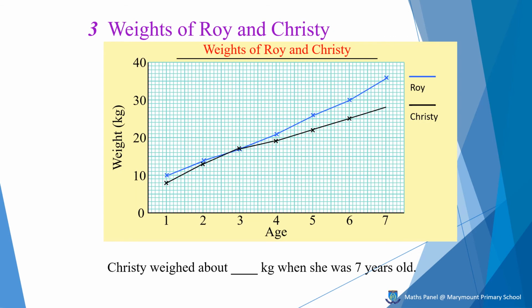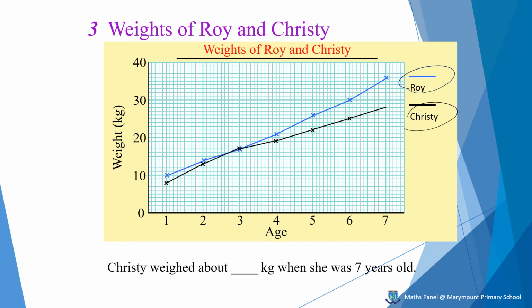So in a broken line graph with two sets of data, we will use different colour lines to represent different sets of data. Like we will use blue colour to represent Roy's weight, and we will use black colour to represent Christie. Sometimes we will use a straight line and a dotted line to represent different sets of data. And from the data, Christie's weight